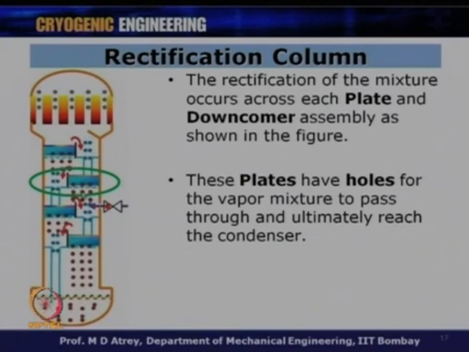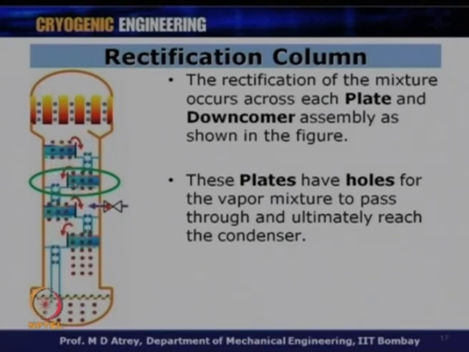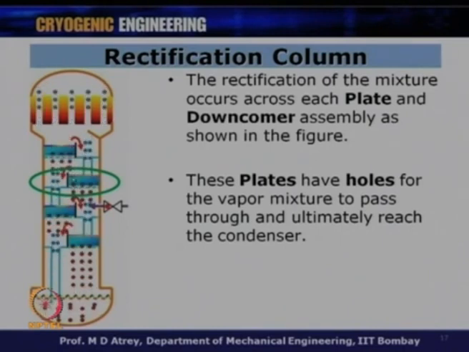That means, as soon as the vapor goes up, it will go through this liquid, and the heat transfer happens between this vapor and the liquid. These plates have holes for the vapor mixture to pass through and ultimately reach the condenser. So, this vapor passes through this liquid. Now, there is some phase transformation which takes place, but again vapor will leave the upper plate. This vapor will again pass to the next plate, the liquid on the next plate, and ultimately, as you know